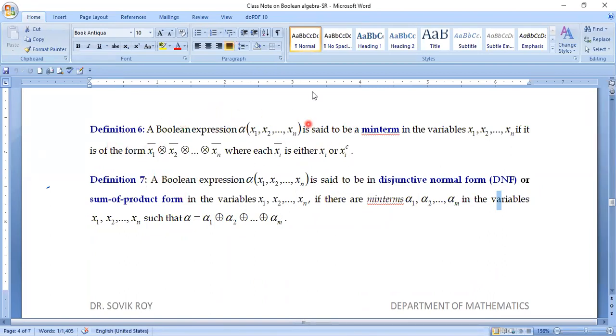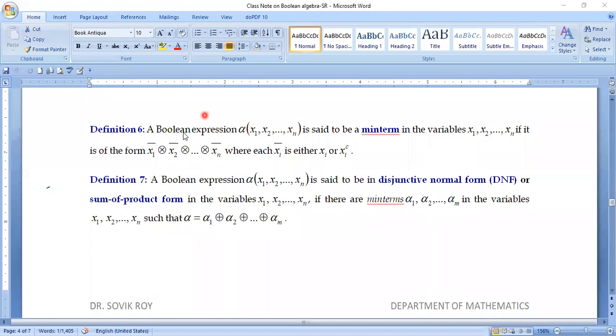Now, in a similar manner, if I define a quantity or entity called max term: in the definition of min term, you have used the symbol xi bar, and for all xi bars their product has been taken. So we had x1 bar into x2 bar into ... xn bar like this. You called it min term, isn't it? Now, if I define something like max term, replacing all the product by plus,